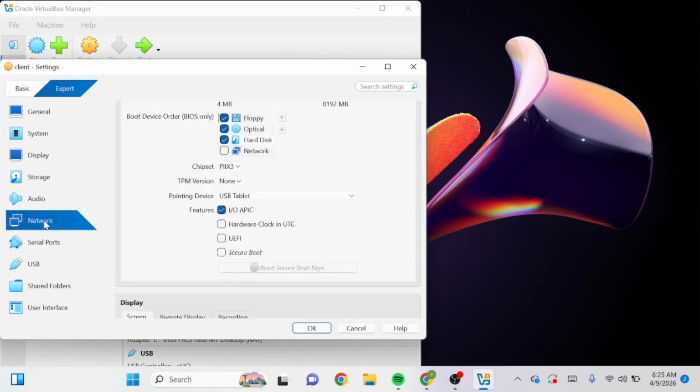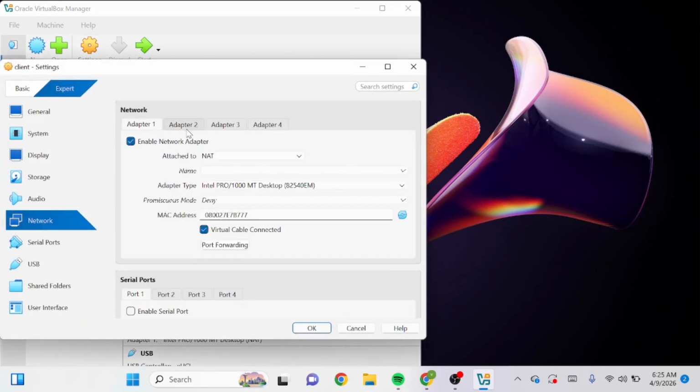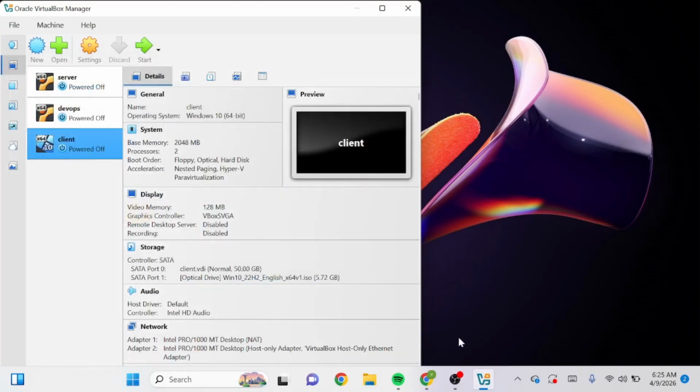So select, then locate your network, go to adapter 2. Adapter 1 is the correct way. Then you make sure it's host-only adapter. And so that's all for the installation and the connection of the network. So we'll move to the proper opening